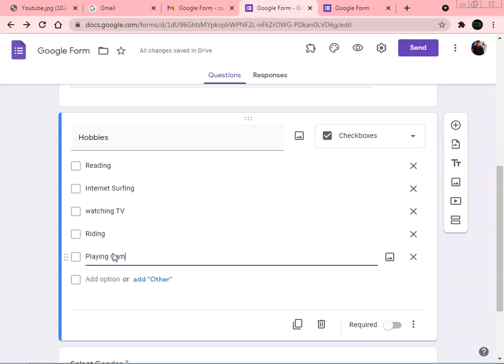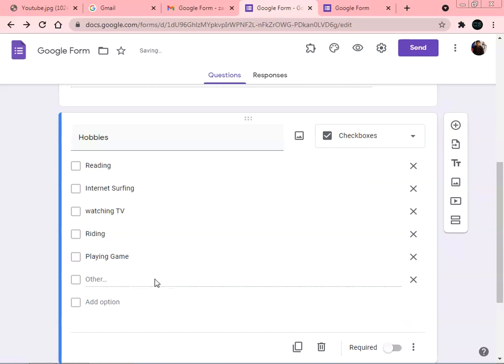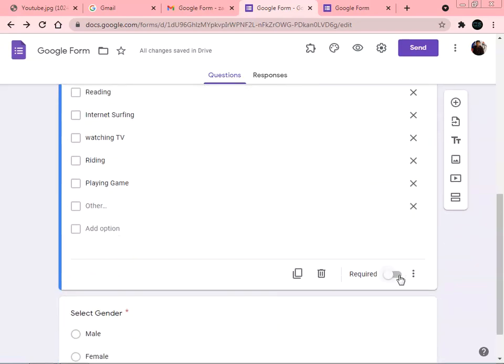So playing game, we are giving this another option. One more option we can give is add another, which means the user can give hobbies according to his choice. Means he or she can write there. So in this we can select multiple options. Same, we are making it compulsory, that is required.